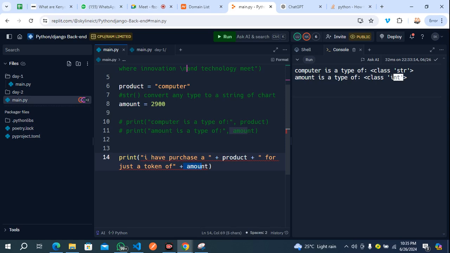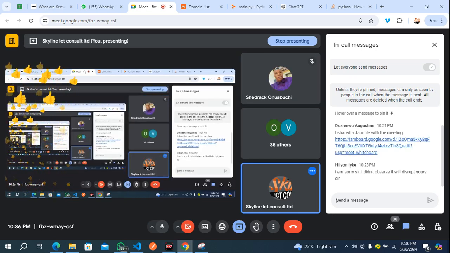So who can tell us how to convert this based on the research we've done? Hello? Who can tell us how to convert this to a string? Nobody?